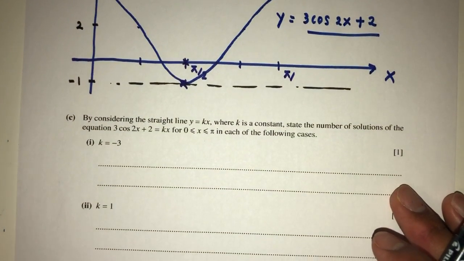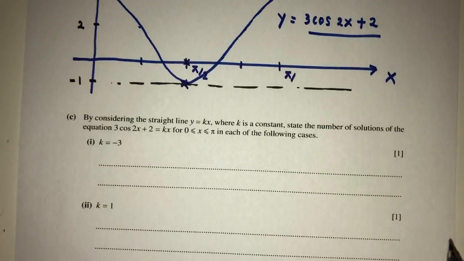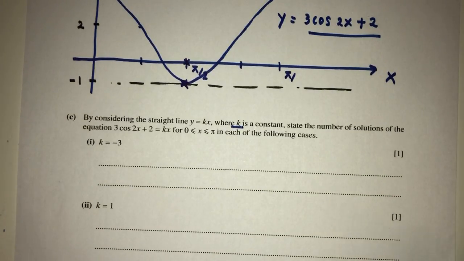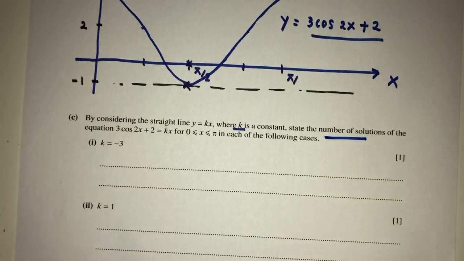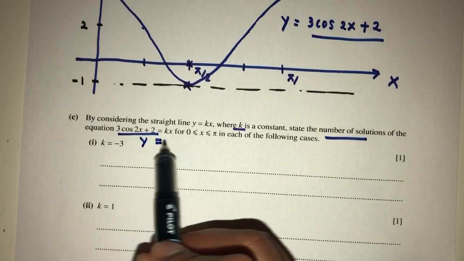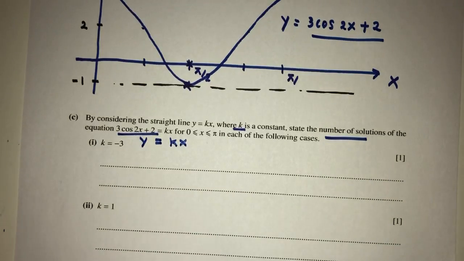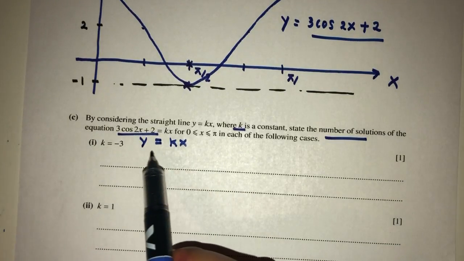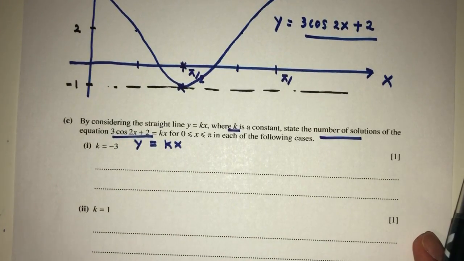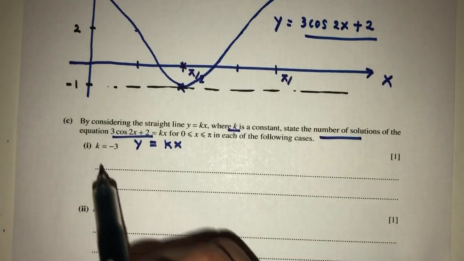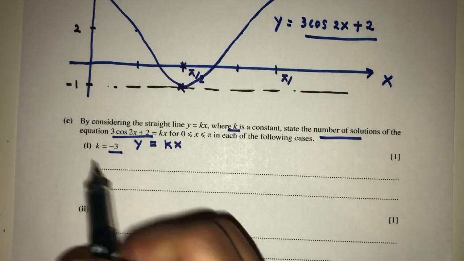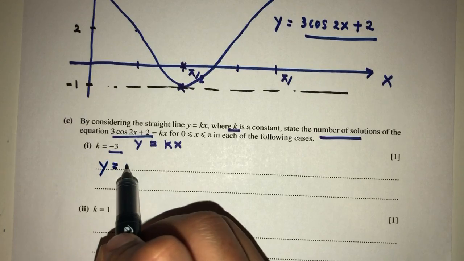Now for part C, let's say we have a straight line y equal to kx, where k is a constant. State the number of solutions of the equation. This is your y, which is the curve, equal to kx. So if you want to draw the line y equal to kx on this graph, you want to know at how many points it will meet the curve for each of the cases. Now if k equals minus 3, so let's see. Let's say if you had this one,